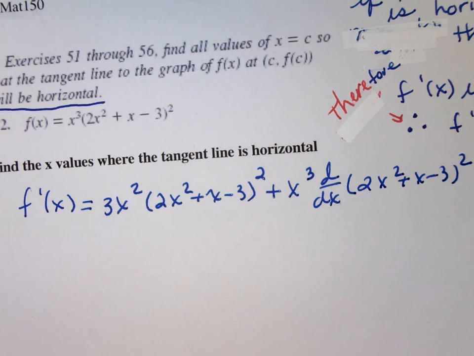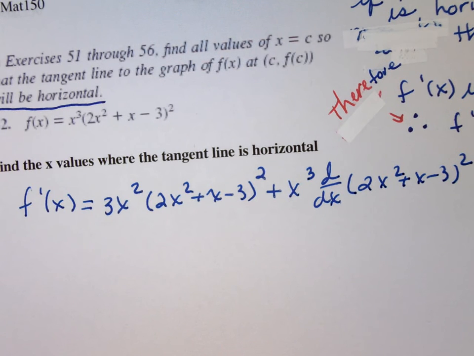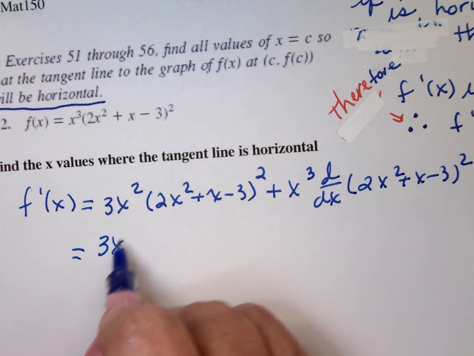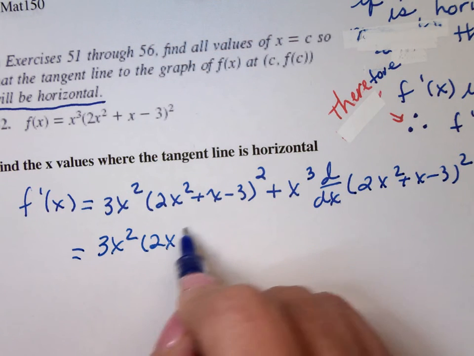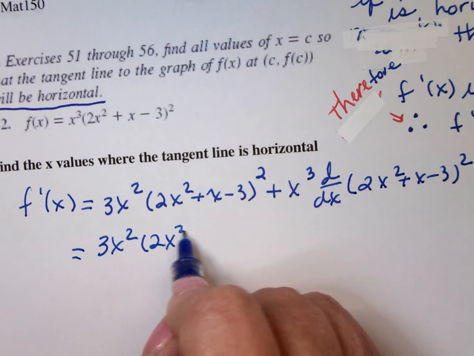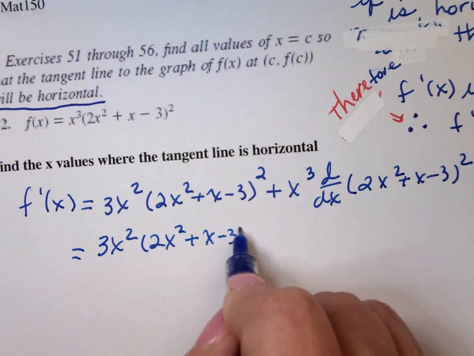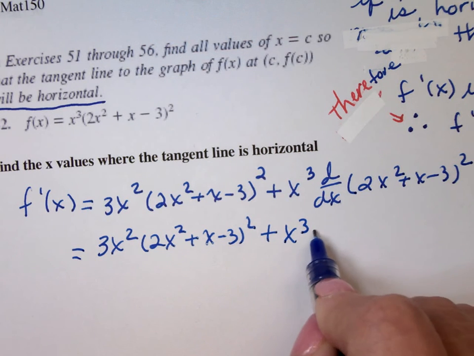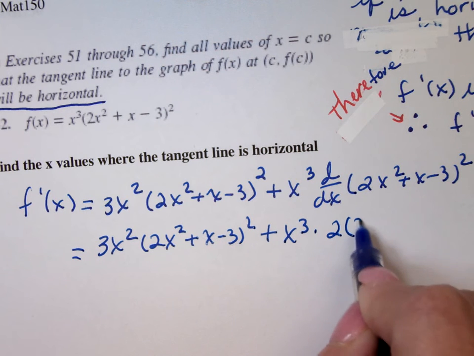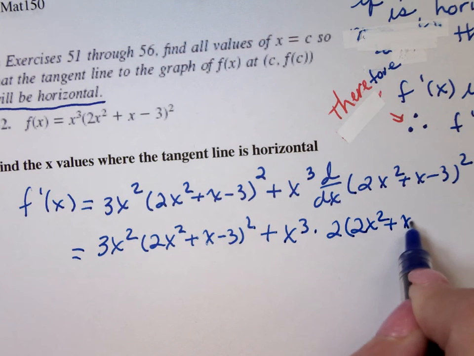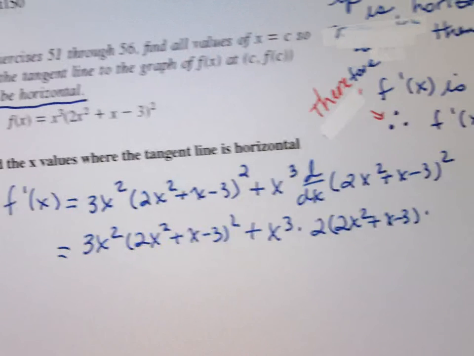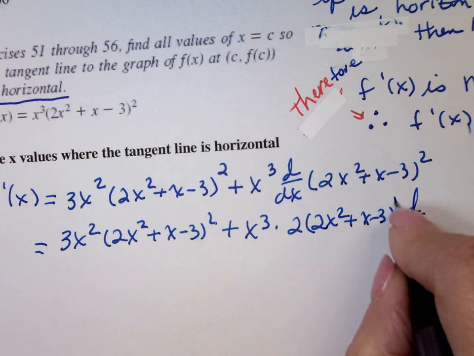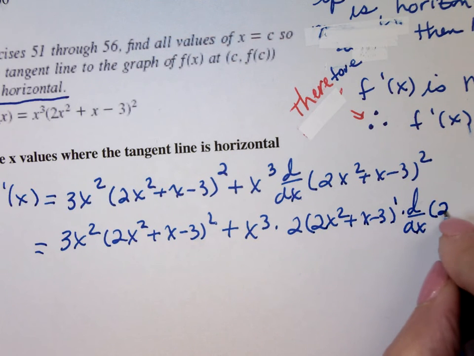The reason I did that is because that's chain rule, a more complicated derivative. So this is 3x squared times (2x squared plus x minus 3) squared plus x cubed times 2 times the blob times the derivative of the blob. That's chain rule. Blob to the 1 power. Derivative of the blob is